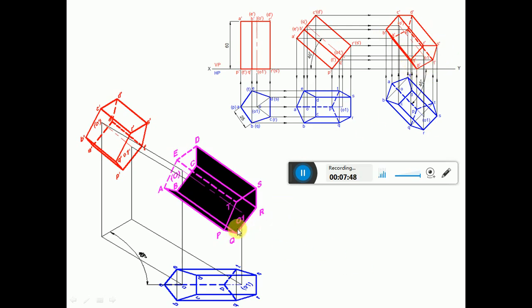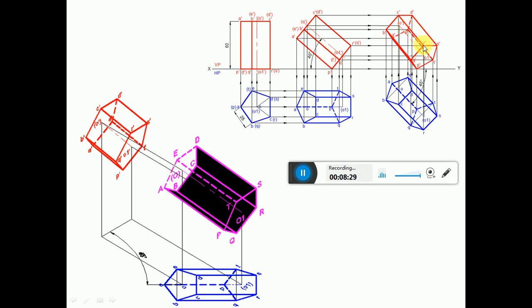Since when you look from the front view, P, Q, R, S, T is near to the observer, so it becomes visible. So P dash to Q dash to R dash to S dash to T dash and T dash to P dash becomes visible. So then, from Q dash you have Q dash P dash visible and Q dash R dash visible. Therefore, Q dash B dash is also visible. So you darken them. Once you darken this line, since B dash Q dash is visible, therefore A dash E dash becomes invisible. Similarly, R dash S dash is visible and R dash Q dash is visible. Therefore, C dash R dash becomes visible.